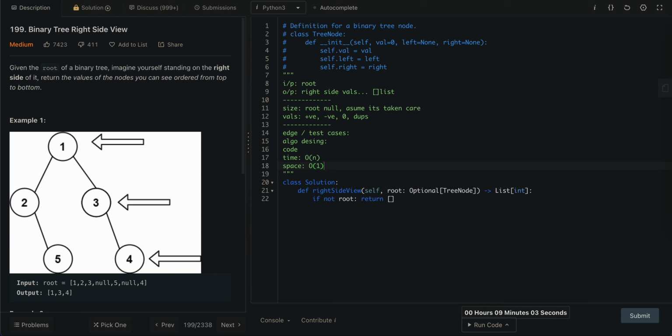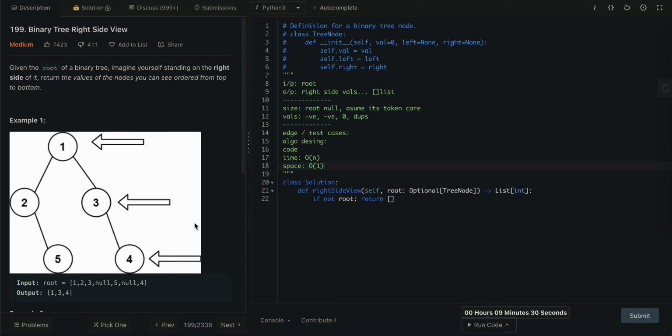I'm saying that because I'm not going to even use a temporary array to have all nodes. What I'm going to do is only have one previous value, and when I'm going through a level, I'm just updating that previous value. And once the level is finished, I'm going to write that previous value into the